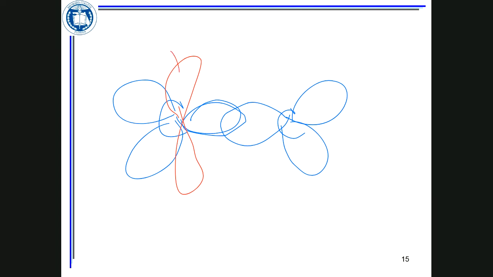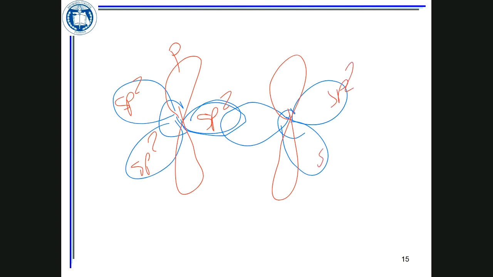You have another carbon with sp2 hybrid, and if it's sp2 hybrid, it is understood that there is an unhybrid p orbital. These are sp2, sp2, sp2, and there is one p orbital perpendicular to the center. Then you have a p orbital that is perpendicular to the center for the other one, and these are sp2, sp2, and sp2. What type of bonding would be forming if you have the two sp2 overlapping?